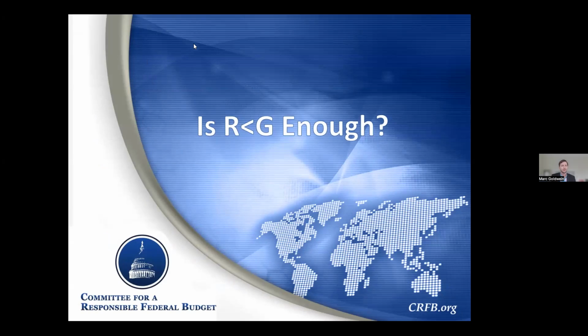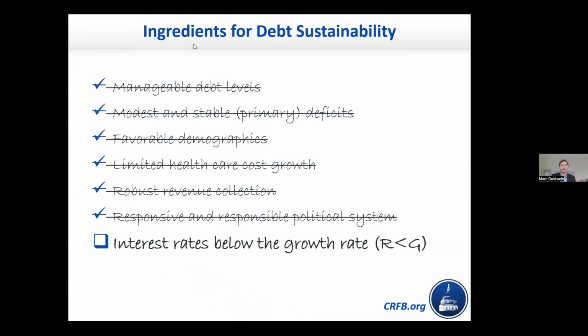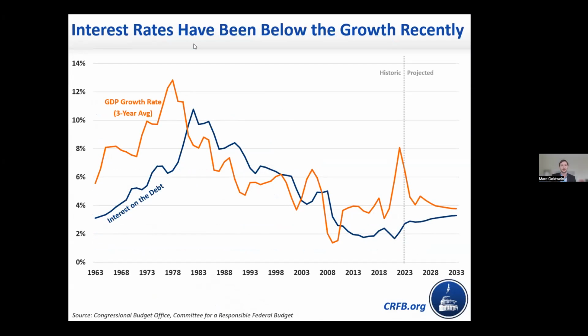But in reality, it's not all that clear. As I mentioned before, the interest rate has been below the growth rate for the last 15 years. In fact, it's been below our growth rate for most of modern history. And when it was above our growth rate, basically in the 80s through the mid 2000s, it wasn't very much above it, as you can see from this graph.